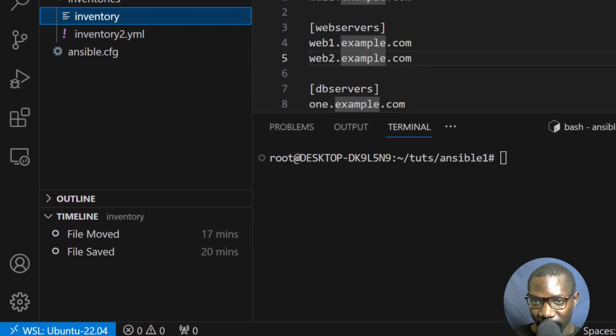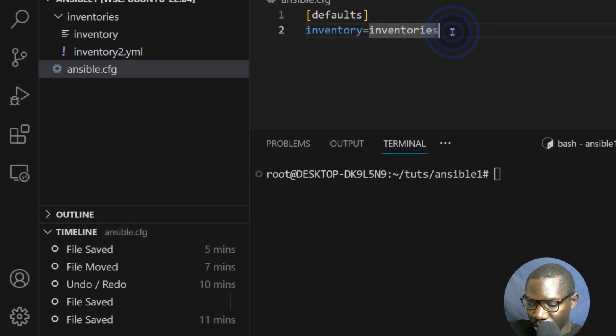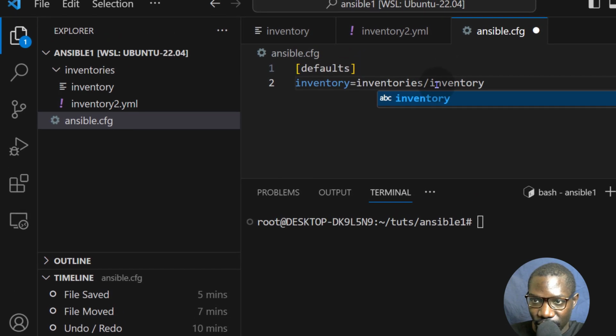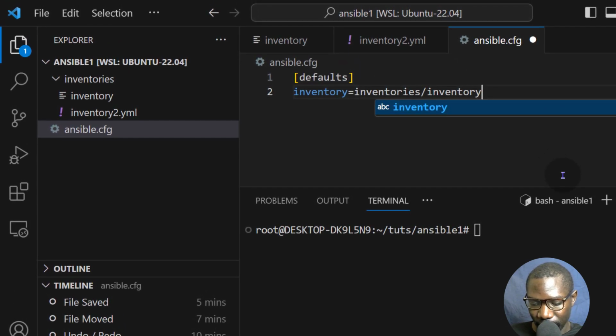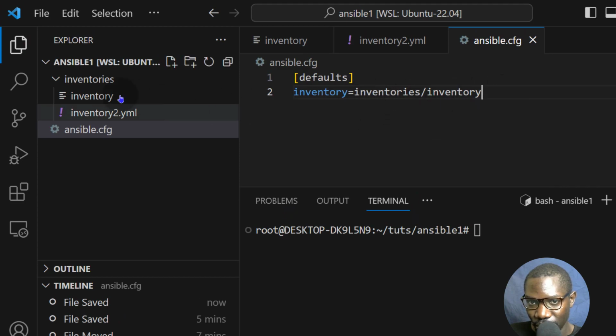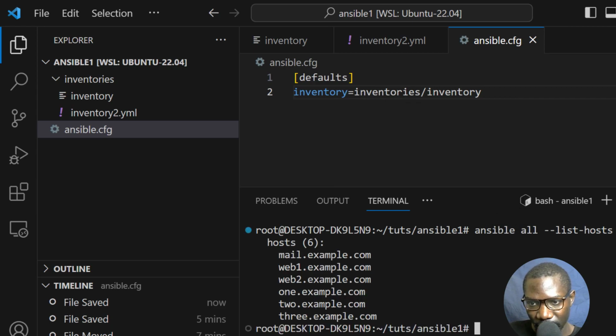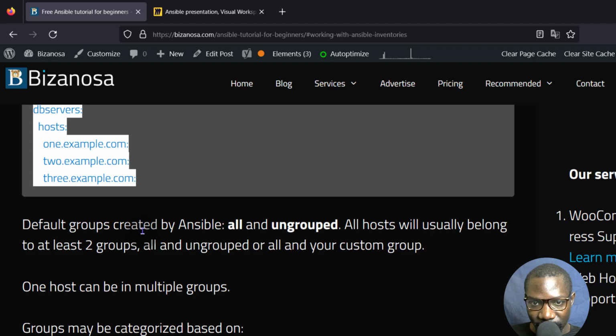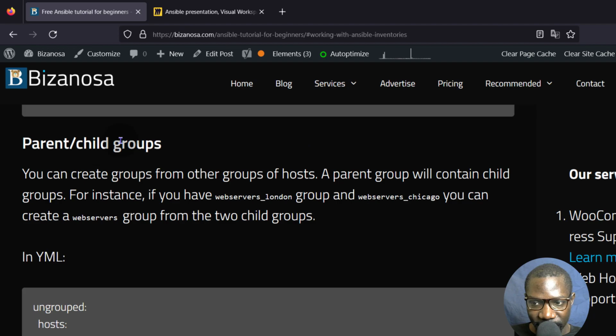I'm going to come back here, and I want to be explicit and change them based on what I'm working with. So here I'm going to just work with inventory first. So it's going to work with that. So we can just try it. And you can see it doesn't bring the items that we have for YAML. I'm just going to Control L to clear the screen. And then I want to do that child grouping example. We're down here under parent child grouping.